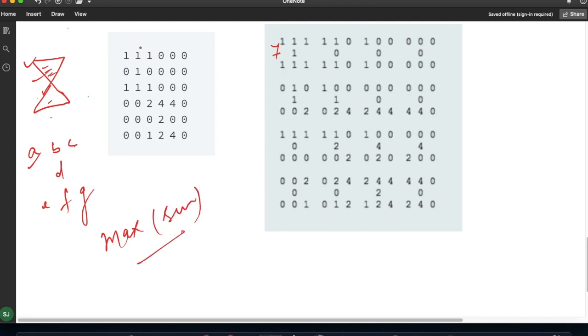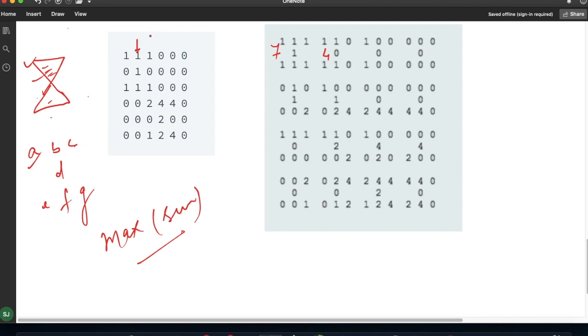So you can see here we are done with the very first element. Now I am going to start from the second one, from here. For the second, my elements A, B, C will be this one, D will be this one, and E, F, G will be these three. So the structure will look like this one. This will be my second structure. If you calculate the sum, you will get 4.